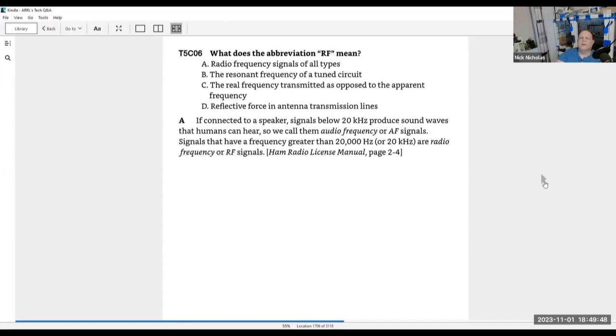What does the abbreviation RF mean? It means radio frequency. So any radio frequency of all types are RF. What does the word radio frequency mean? Anybody want to guess? It's an electromagnetic wave, pretty much above,